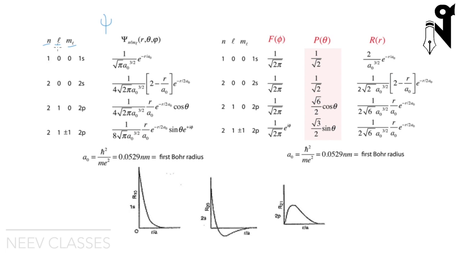L is giving you the shape of the orbital. It is telling you the angular momentum of the electron, and in 3D it is also giving you the shape of the orbital. M is telling you information about the magnetic effect of the electrons in there, and it is giving you the orientation of the orbitals. So that is what M is giving you. We'll have a quick look at L, M